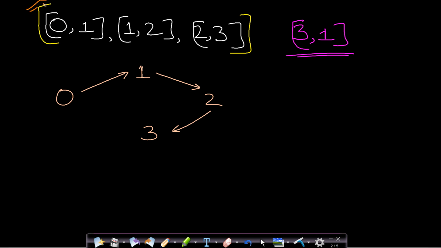Let us assume that this is our array of pairs suggesting the prerequisite courses. So in this case, in order to take course 0 you need to first take course 1. In order to take course 1 you need to first take course 2. And similarly, in order to take course 2, you need to first take course 3. Now, this is the graphical representation of the entire prerequisite array. In this case, you can see that you can start taking the course from course 3. So, if you can take course 3 first, then you will be eligible to take course 2. And if you take course 2, then you will be eligible to take course 1, and so on. You can take course 0 as well.